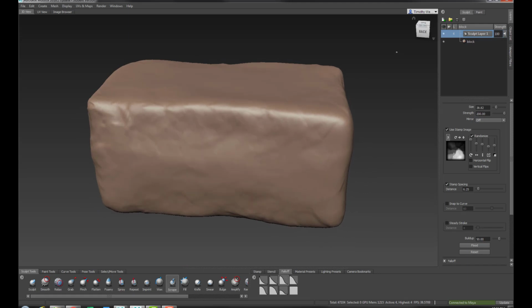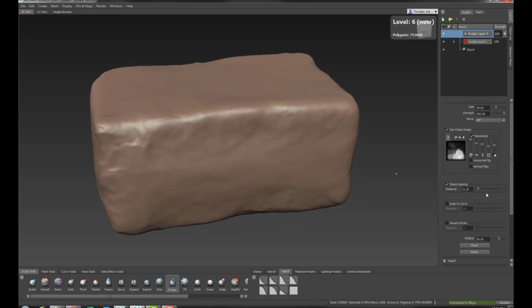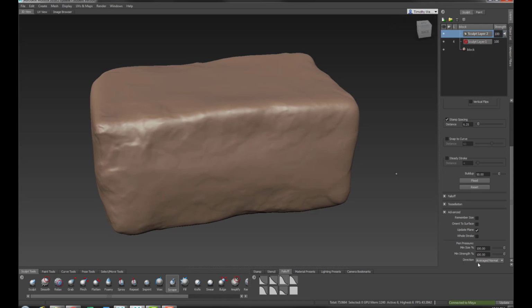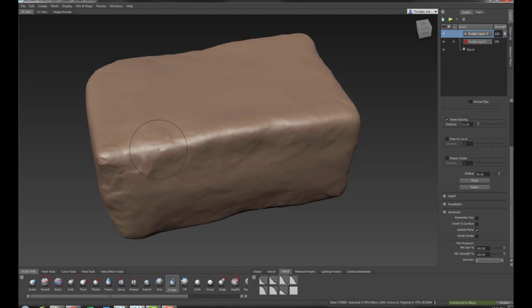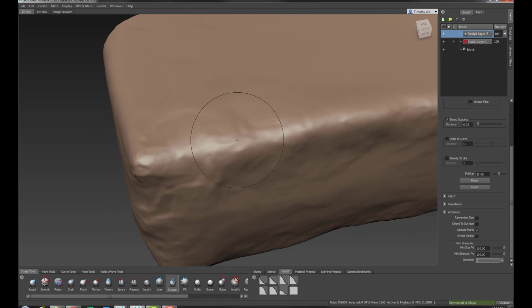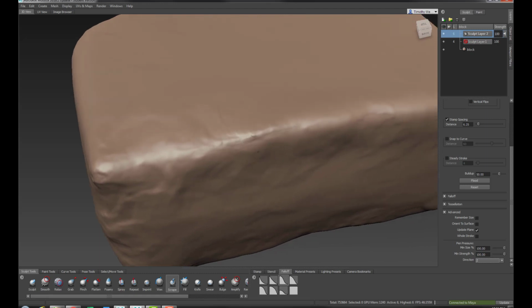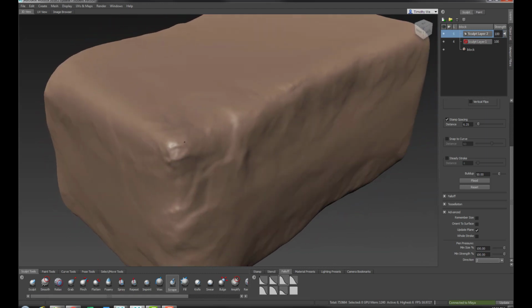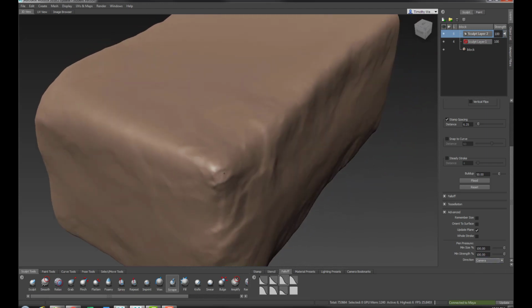All right, I'm going to take this now and subdivide it a little bit more, 2 more times to up to 6 layers here. And I'm going to change my direction from average normal to the camera view. That way I'm sculpting directly in the view that I'm working on here. And I'll start to add some extra scrapes in here. Nope, I chose Z on accident. Let's undo those 2 things. Camera is the one I want. All right, so we can see,